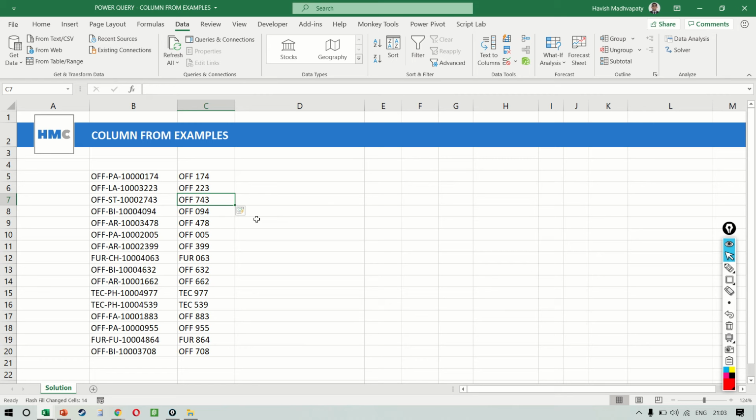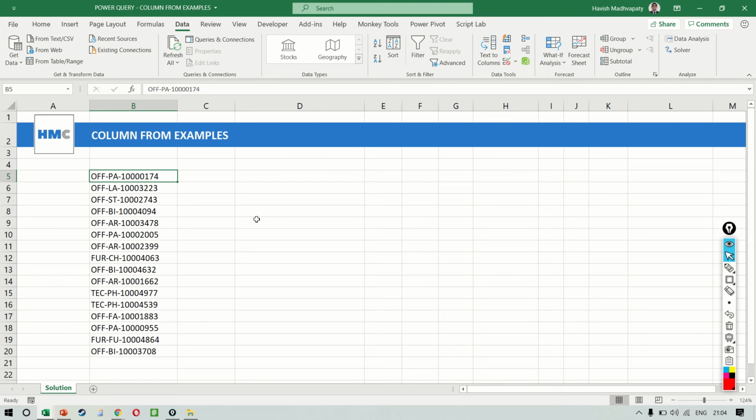And those of you who have been working on it, I'm sure you will all agree with me that Flash Fill is a beautiful tool that is available on Excel. But here's the challenge. When you're working with Flash Fill, the first problem is that Excel doesn't tell you how it arrived at the result, which means that while you're getting the answers, you're not learning anything. You're not learning the formula, which means that you can't reuse it in any other file. Also, Flash Fill will not work if more values get added in the future, like this. So it is not a dynamic function, it is just a single one-time operation.